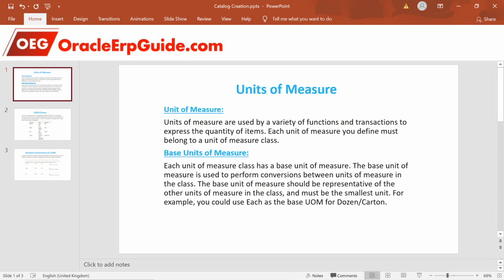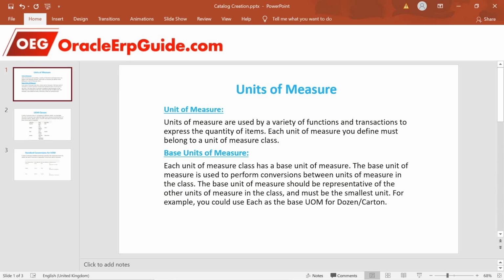Then what is the base unit of measure? For any unit of measure, there should be a base unit of measure with which you will be doing the verification and measuring the items. The base unit of measure is used to perform conversions between units of measure in the class. It should be representative of the other units of measure in the class and must be the smallest unit.